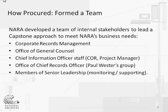So the first part is how we procured this system. And obviously it takes a village, it takes a team. And we developed a team of our internal stakeholders to lead the Capstone approach and meet NARA's business needs. The team included myself, corporate records management, and other people from my staff. The office of our general counsel was very, very involved and very much a leader. Those of you who know Jason Barron know that he's a big advocate of simplifying records management,